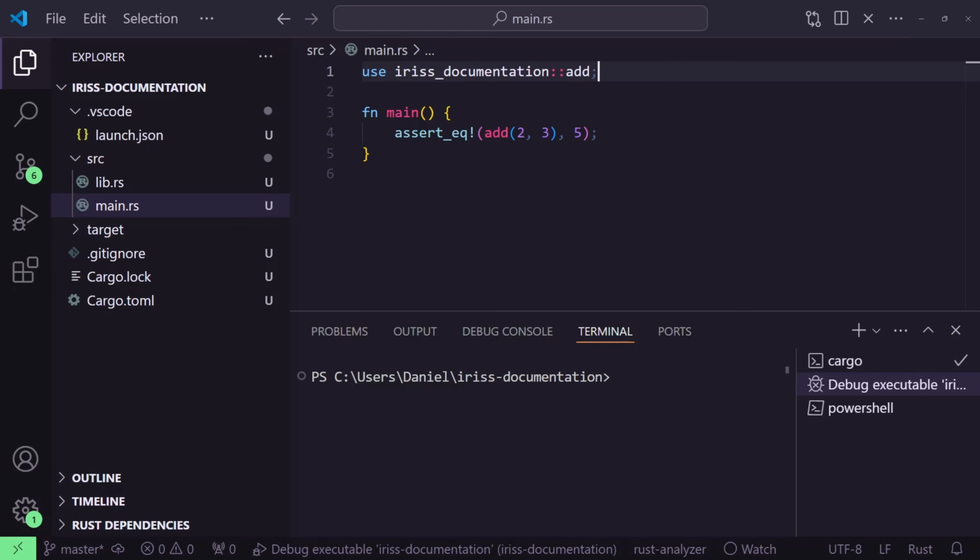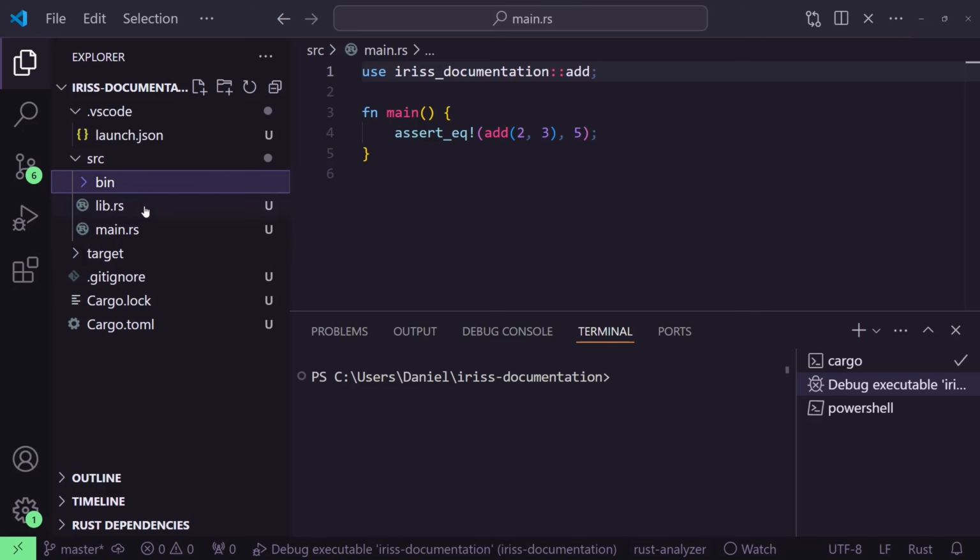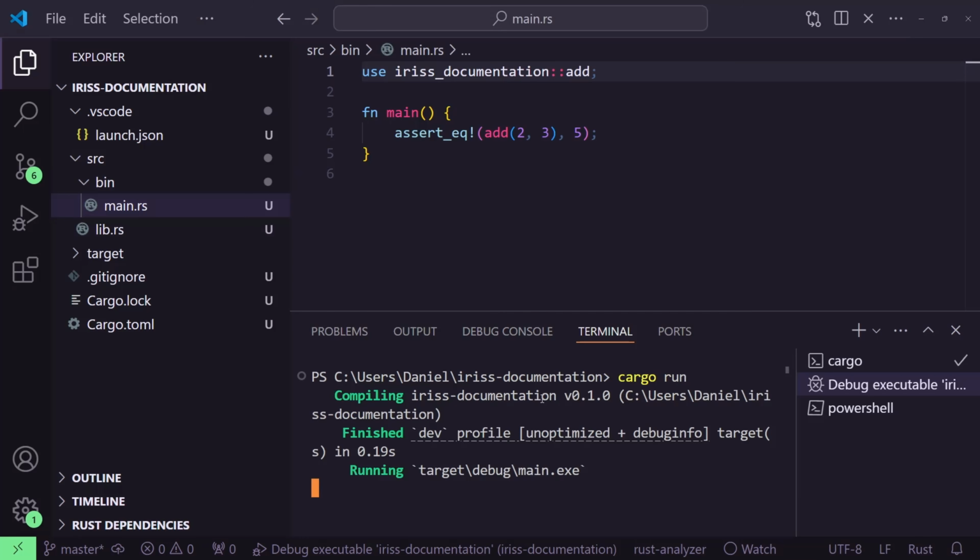To show how it can be useful, let's make another change to our project. Now that we've got our lib.rs, let's move main.rs to a new directory called bin. The program still runs if you use cargo run, but if you look closely, there's a difference. In the last line, you'll see the name of the binary has changed from iris-documentation.exe to main.exe.